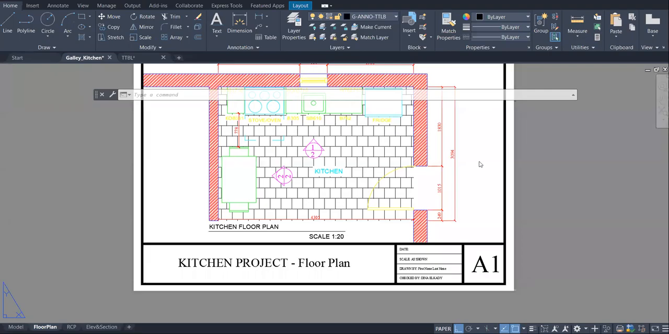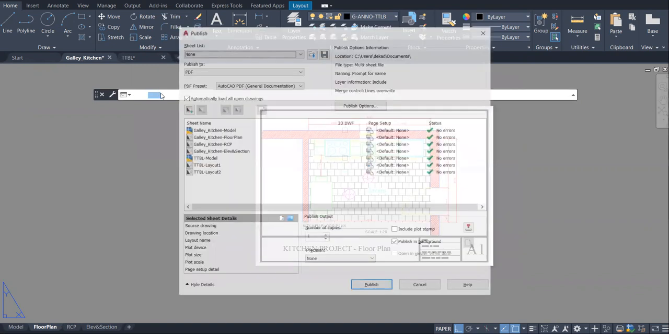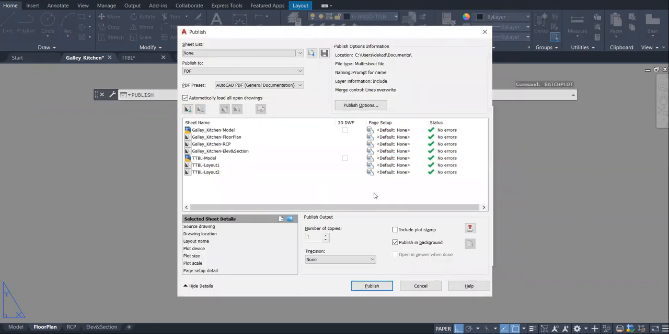Okay, so now for the final part, which is printing the sheets as one full document. To do that, we can type here "batch plot". Once you start writing batch plot, the word "plot" is going to come up, and then you click on enter, and you're going to get that publish menu. One of the things we want to do is make sure that we click here, publish to PDF. Make sure that we are actually converting that to PDF,